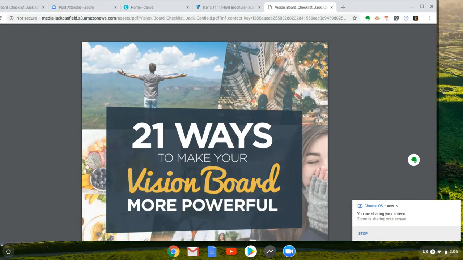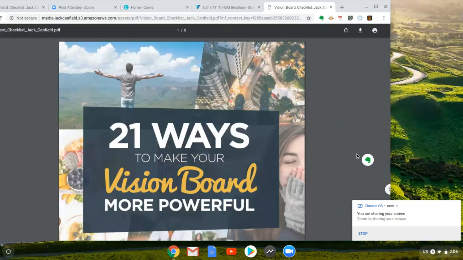His checklist, Jack Canfield's checklist, is quite handy too. And if you sign up online, he sends it to you by email, and then you can, if you're like me, immediately unsubscribe so you don't have more coming into your inbox. But it was helpful. And I think in general, his checklist includes